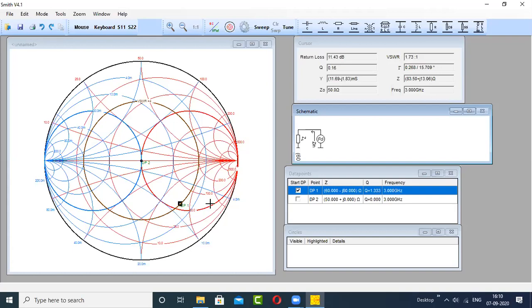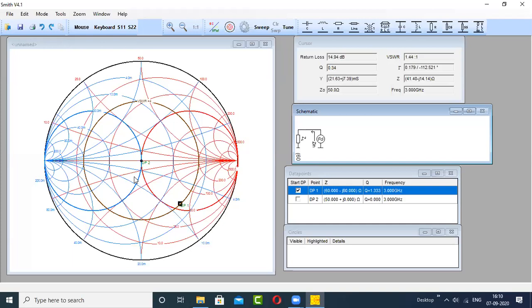But there, the conductance circle and the resistance circle were the same. Here you can see that this is the resistance circle, this dark red circle, and this is the conductance circle, that dark blue circle. So you will start from the load end and you will land at the conductance circle here. And you can also see that this dark conductance circle passes through the center of the Smith chart.